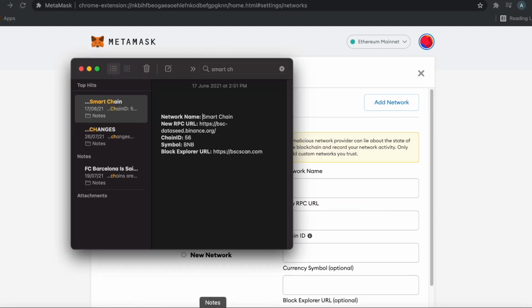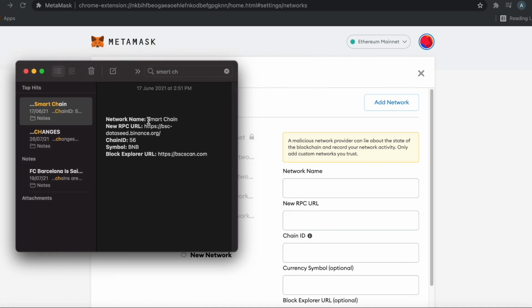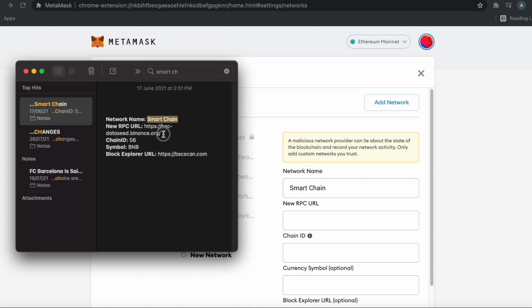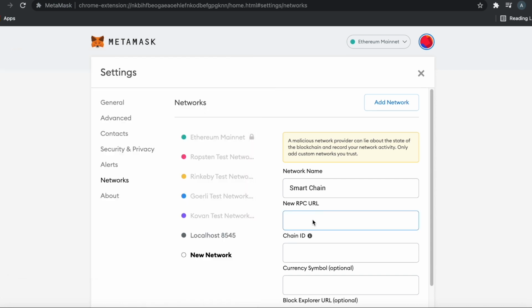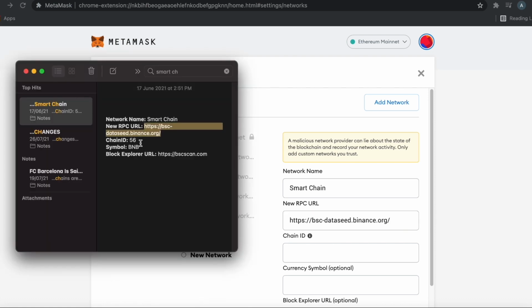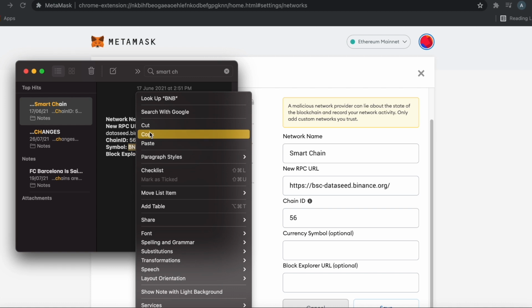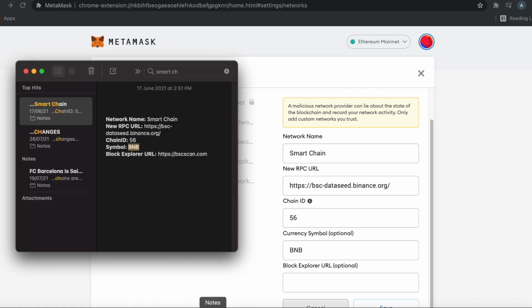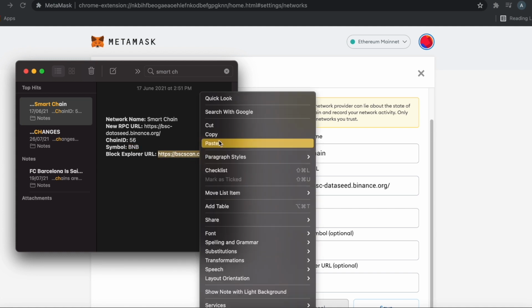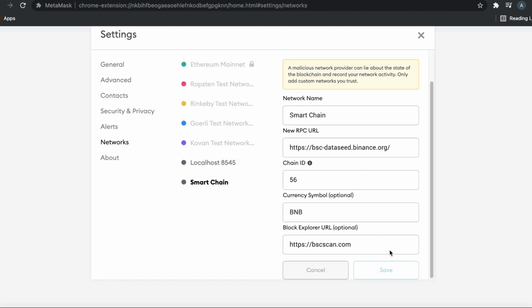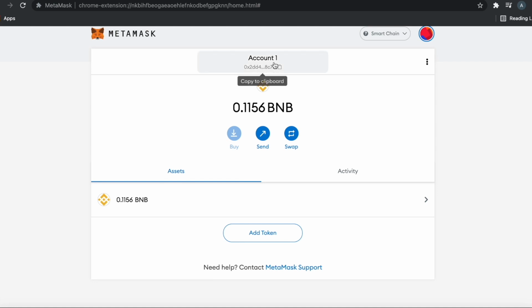So you can see here on the screen. Now you can see that the network is on Binance Smart Chain here.